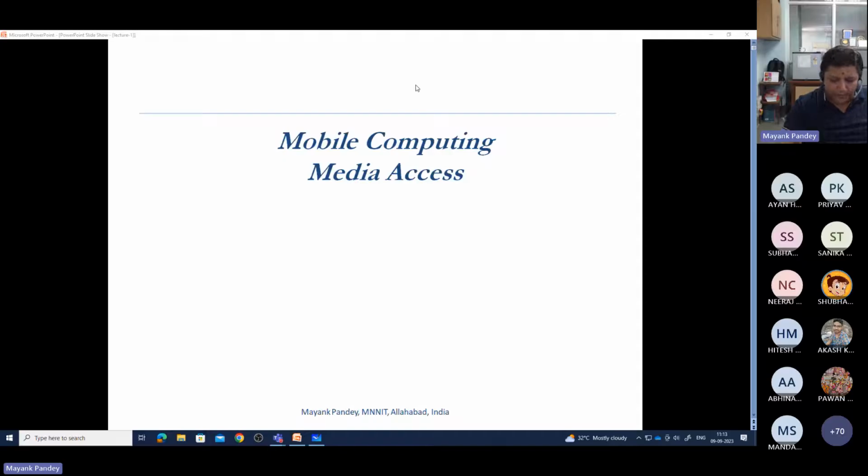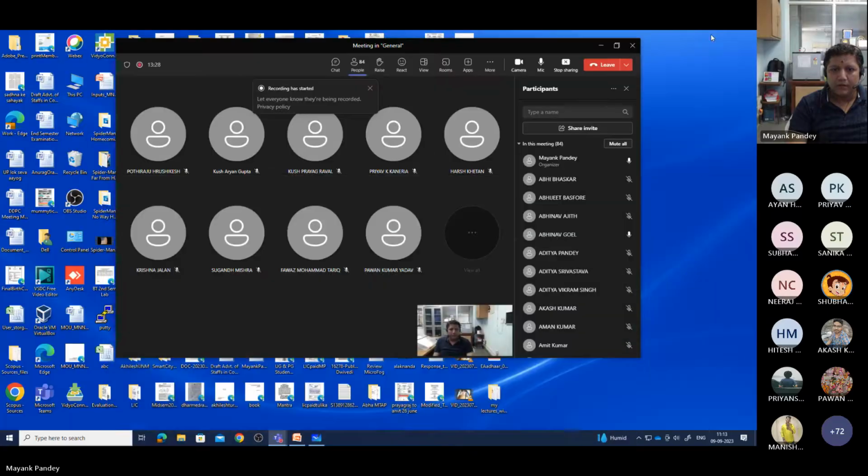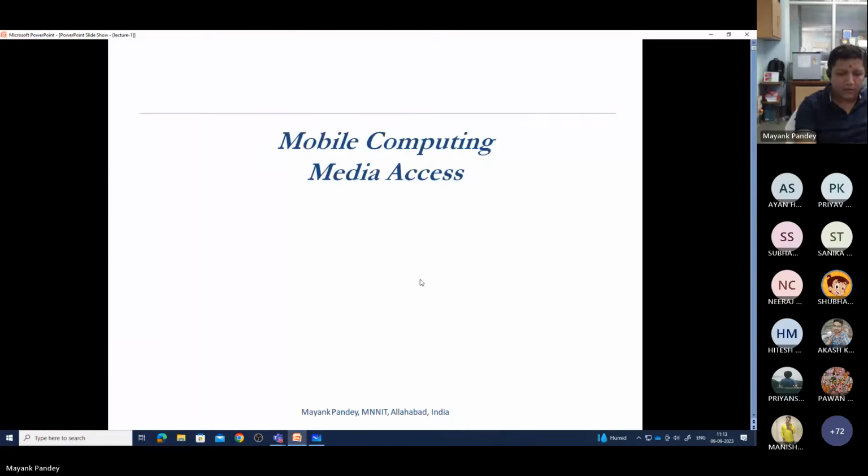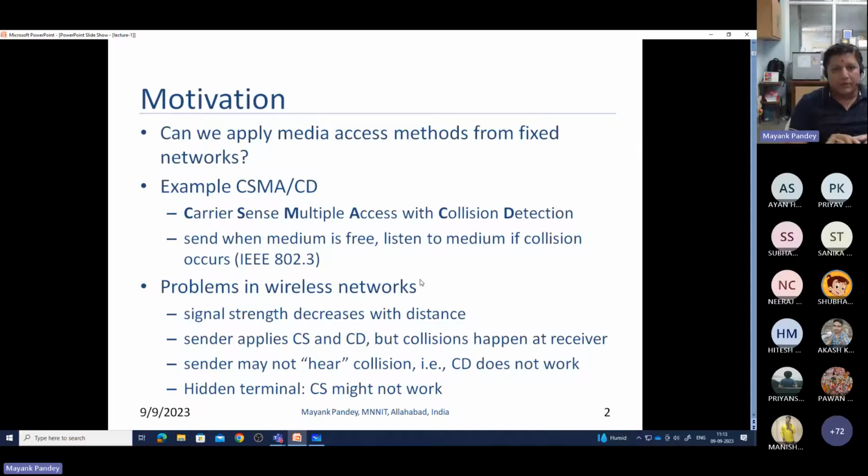Okay, so let's begin the lecture. Today's lecture agenda is media access in wireless network and mobile network, and then we'll start the wireless LAN 802.11 protocol, which is very commonly used everywhere. Now we have already seen